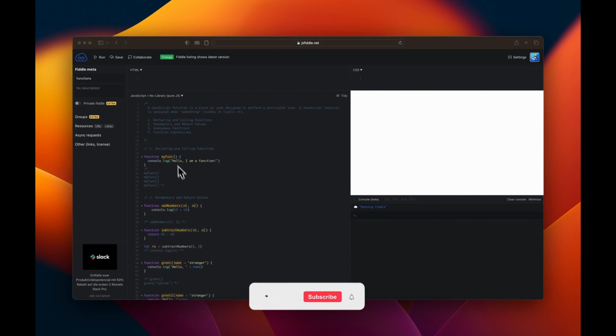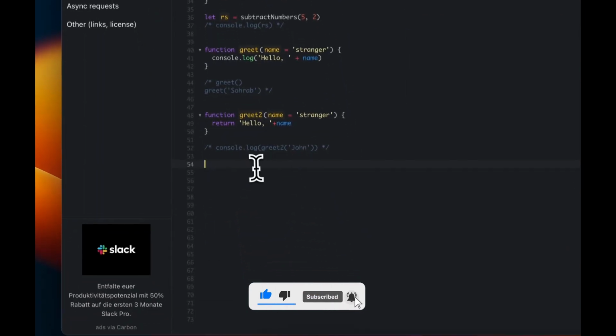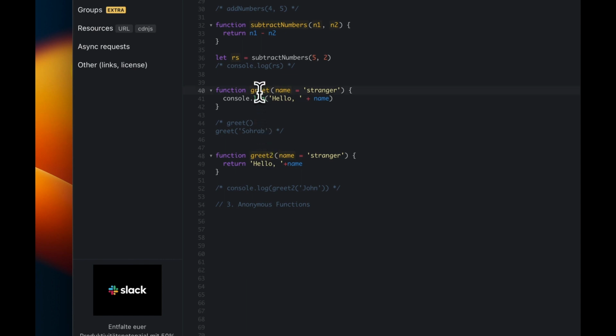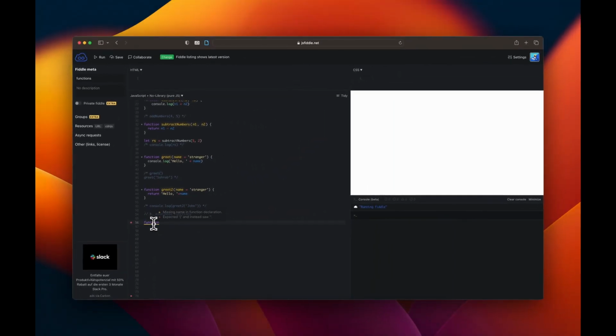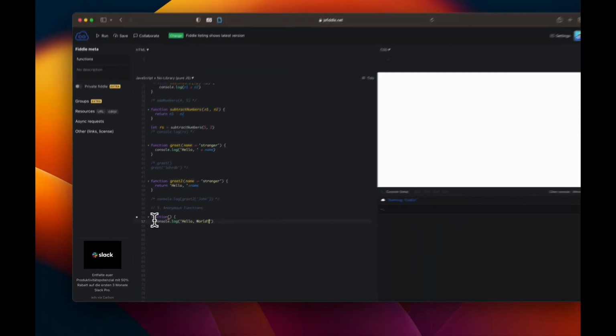Okay, let's talk about anonymous functions in JavaScript. An anonymous function is a simple function without a name. So here, in this case, we have greet2 as the name, greet as the name of the function, but in an anonymous function, we don't have a name for the function. Let's see it. We have the function keyword, directly we have parentheses, we don't have a name, and the function body, console.log hello world. Now, if you try to run this,